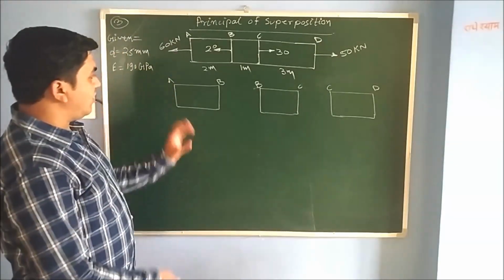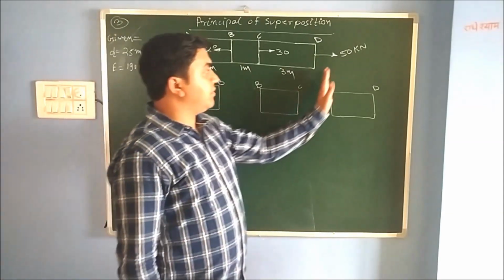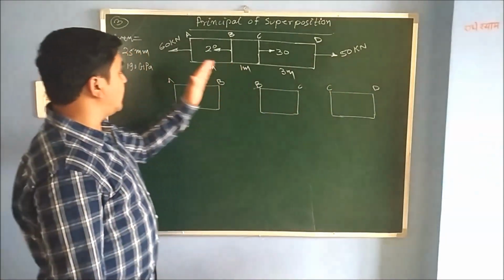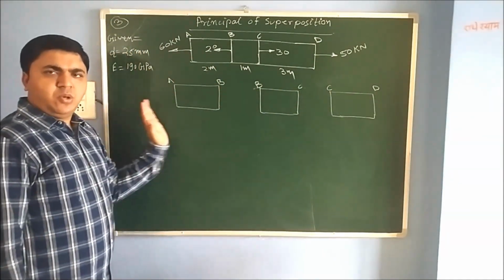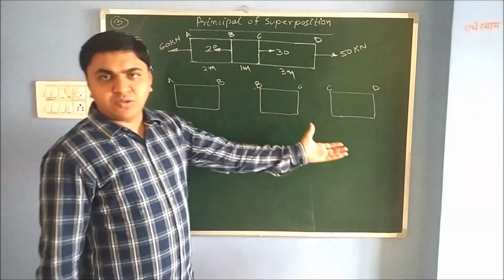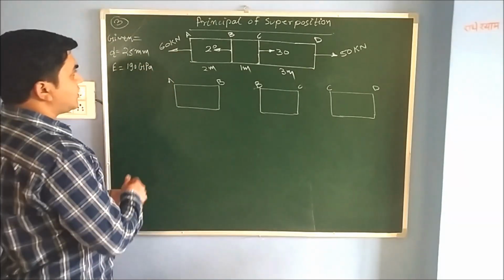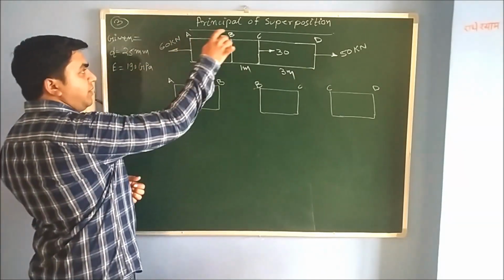Okay. So now for finding out the load on individual section, you can either start from the extreme right side or you can start from the extreme left side. जो भी known value रहेगा आपको वहाँ से start कर सकते हैं. But here we have both values known to us. So let's start with the extreme left side. So first of all, we'll see the section AB.